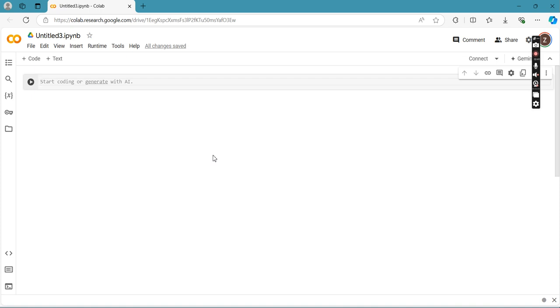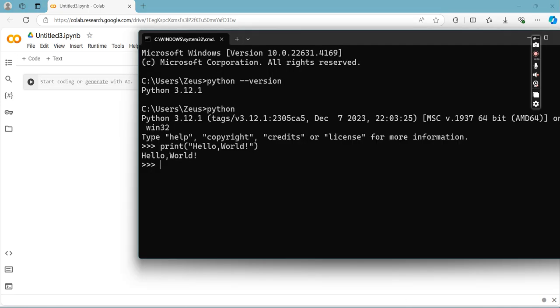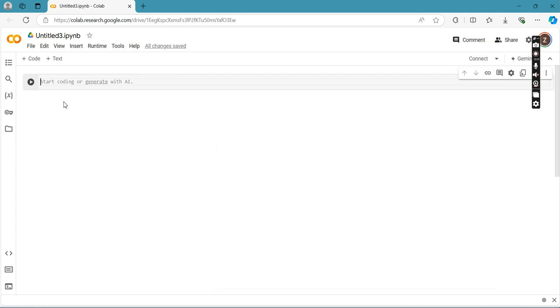So let's try to run the similar code that we have run in our command line interface. Again, I'm going to utilize the print function. Inside of that is a string that says hello world.